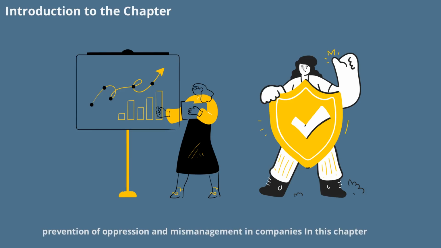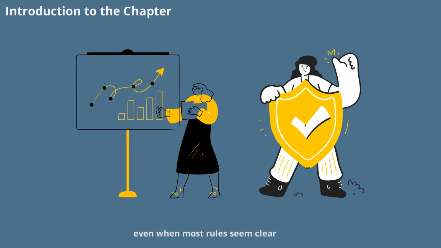Welcome to our deep dive into the prevention of oppression and mismanagement in a company. In this chapter, we'll explore the key legal protection available to shareholders, especially minorities, under the Companies Act 2013. You'll learn why these provisions exist, who can seek relief, and how the law aims to balance power within a company. By the end, you'll understand the actions the National Company Law Tribunal (NCLT) can take, who can file complaints, and